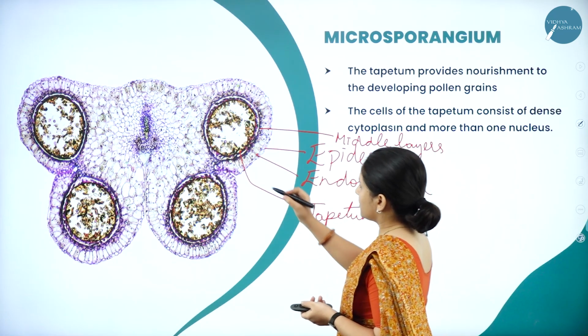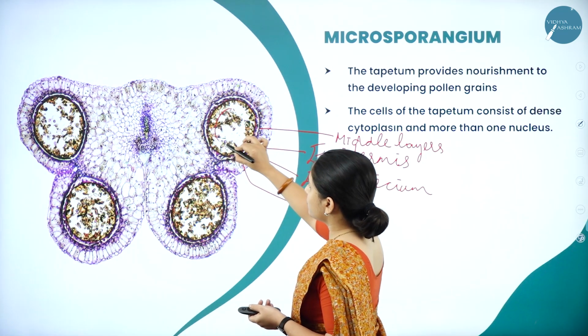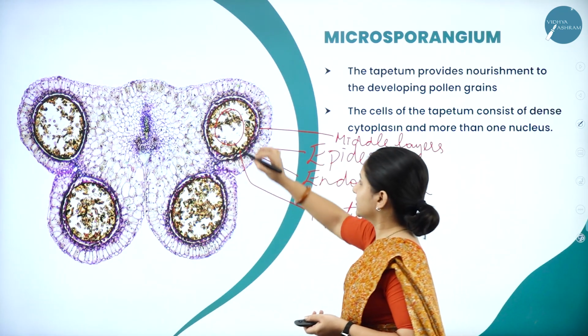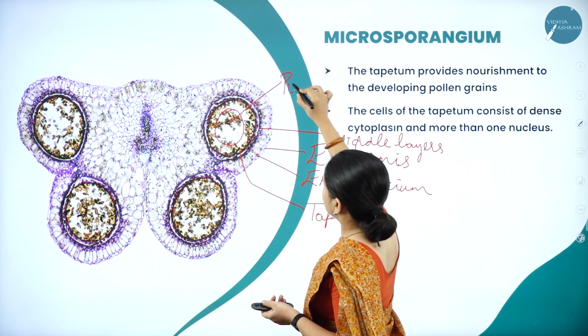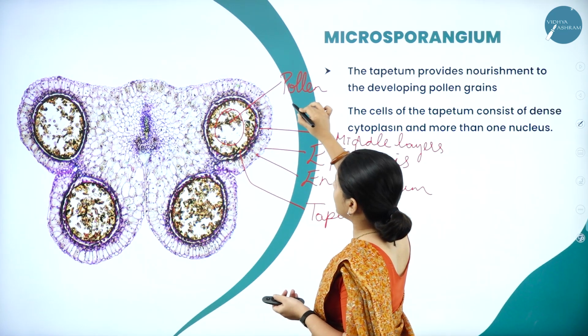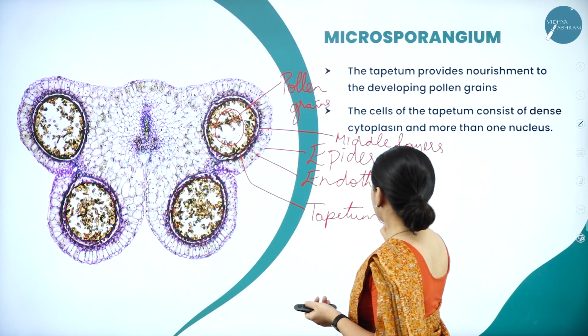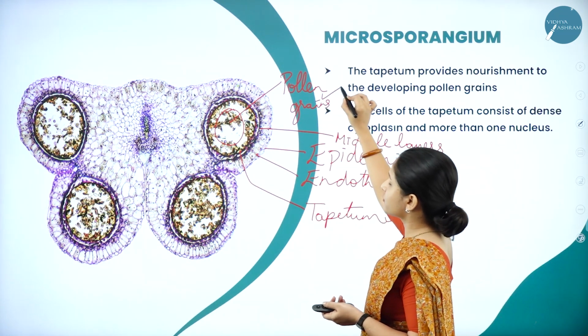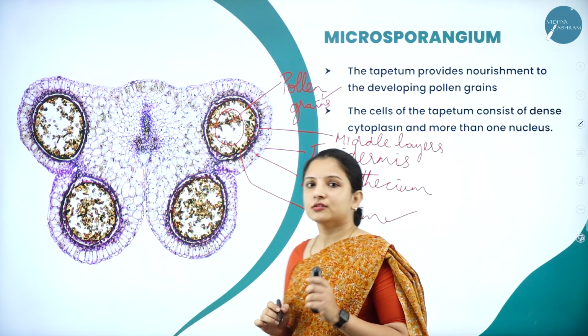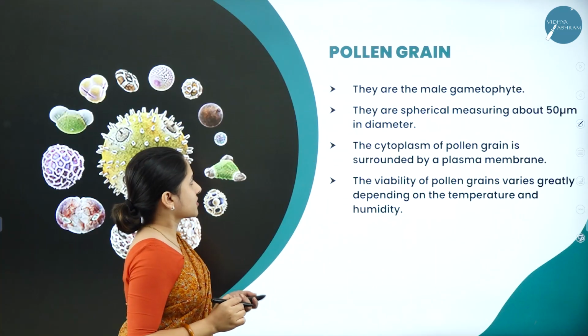So this tapetum provides nourishment to whatever pollen grains are present inside. So you can see here the pollen grains being present inside the pollen sac. So this tapetum provides nourishment to the developing pollen grains. So this was about the structure of the